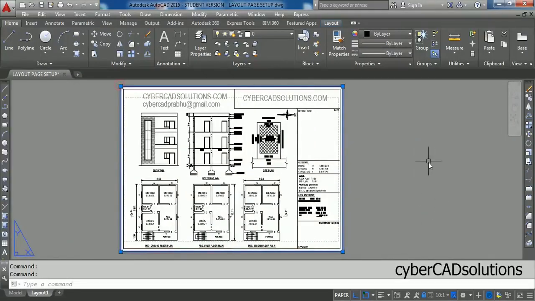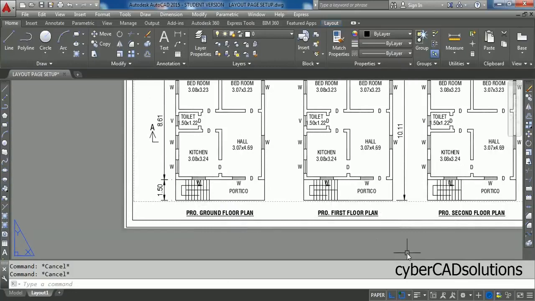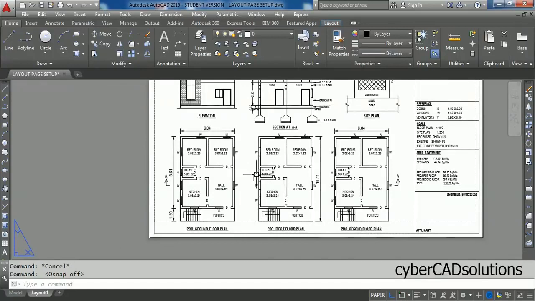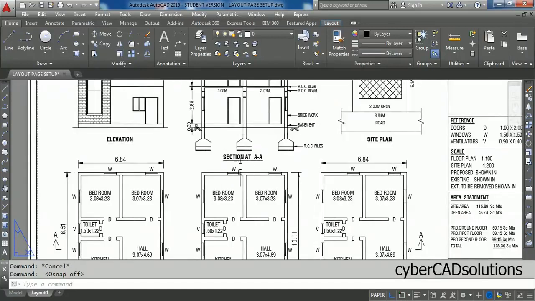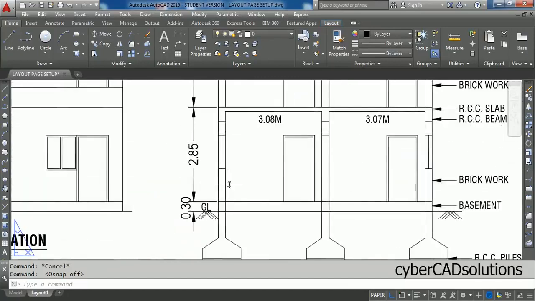Now some people may have a doubt: what is the use of setting a scale? Setting a scale means if you measure the distance after switching off object snap, you can see it is exactly 1/10, because 10 units are taken as 1 unit. So if you measure, you can see the difference. I am going to measure over here, take the DI command and pick a point over here and pick the other point over here. You can see here 28.46 is coming, that is nothing but